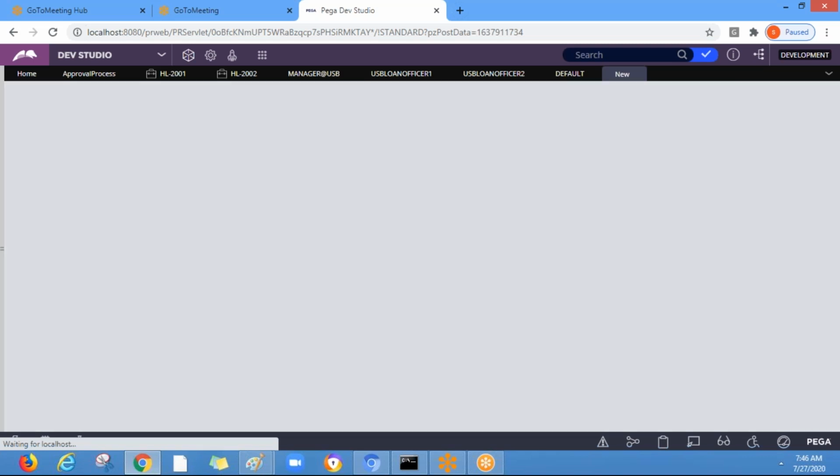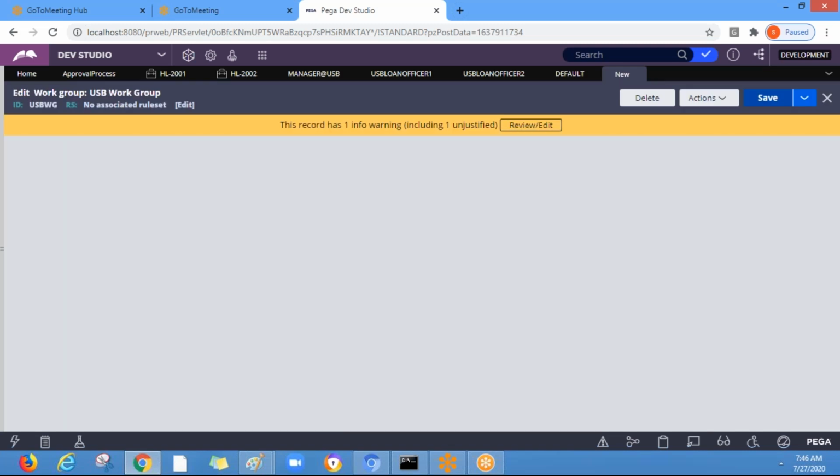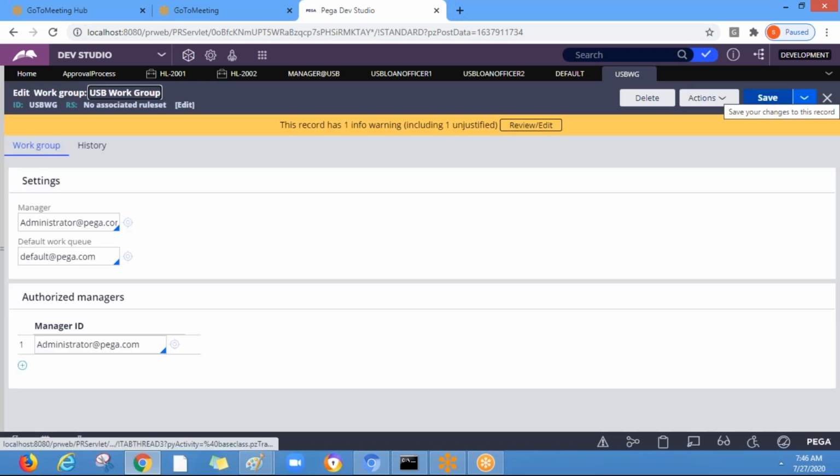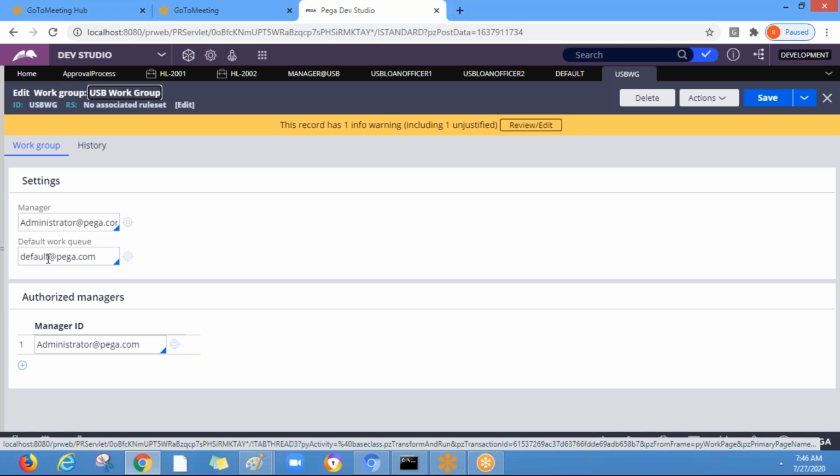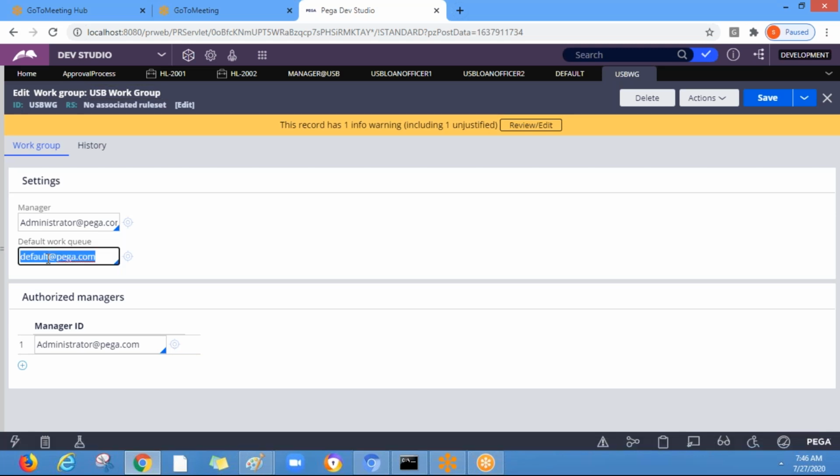Specify the name called USB work group, and inside the work group we need to specify the work queue. Again, we have a default work queue, so we can save as with our name. Okay.